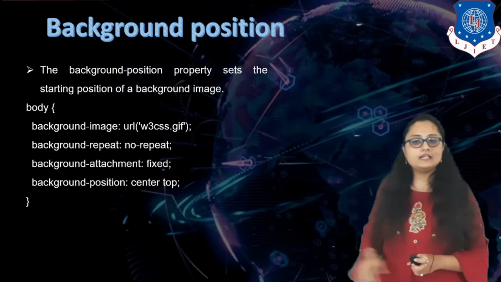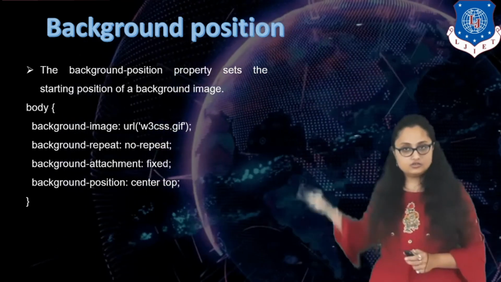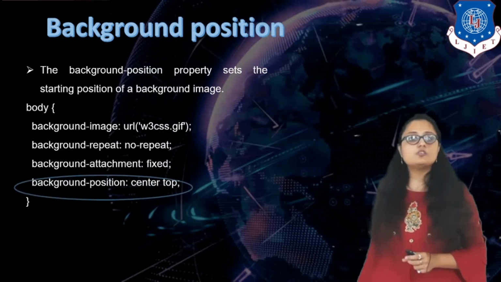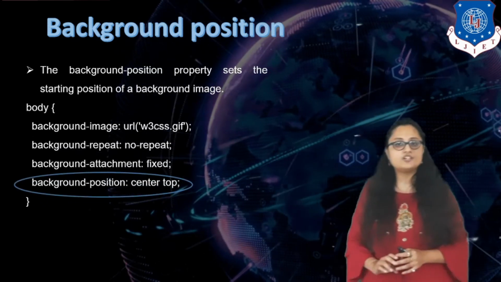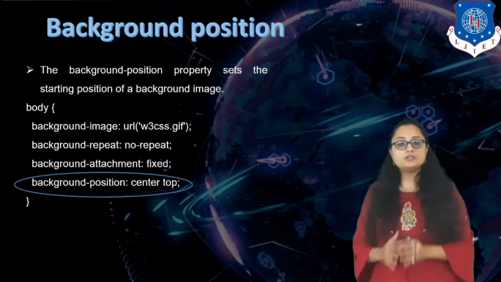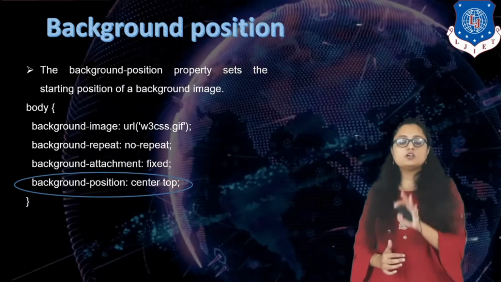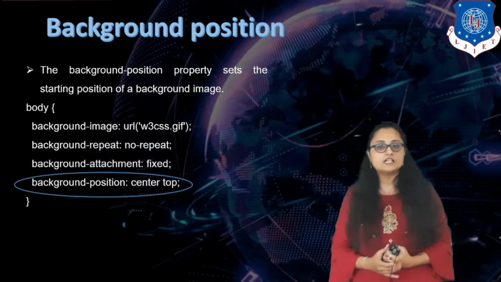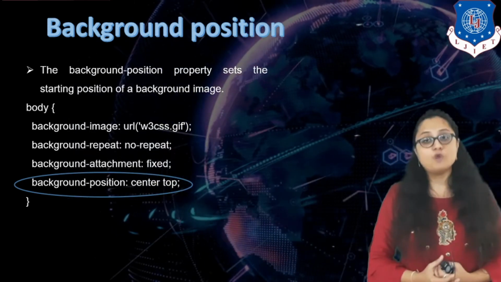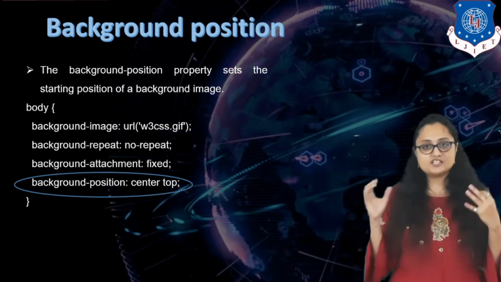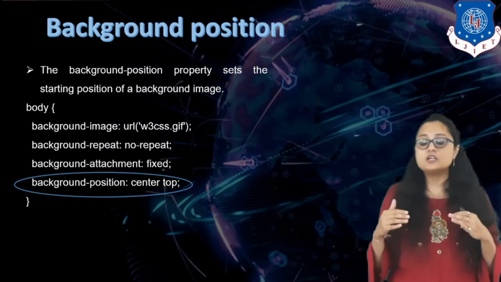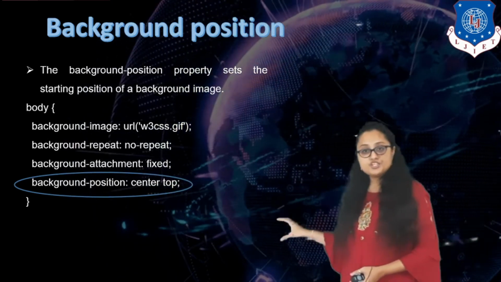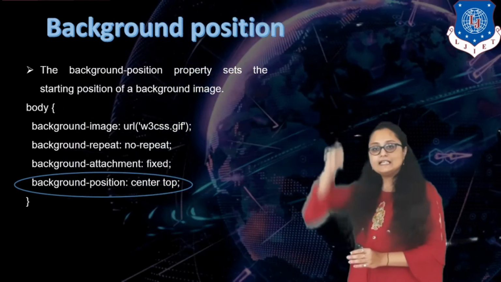Here background repeat and attachment are written. Just skip that, we will learn what background repeat is. Background position, you focus on. What is the background position that I have written? I have written center top. It means that whatever image is being displayed on the element selector that we have written over here, which is body, so your image has been displayed in your whole HTML body, right? So what is the position that you want for your image? It is the center top, right?